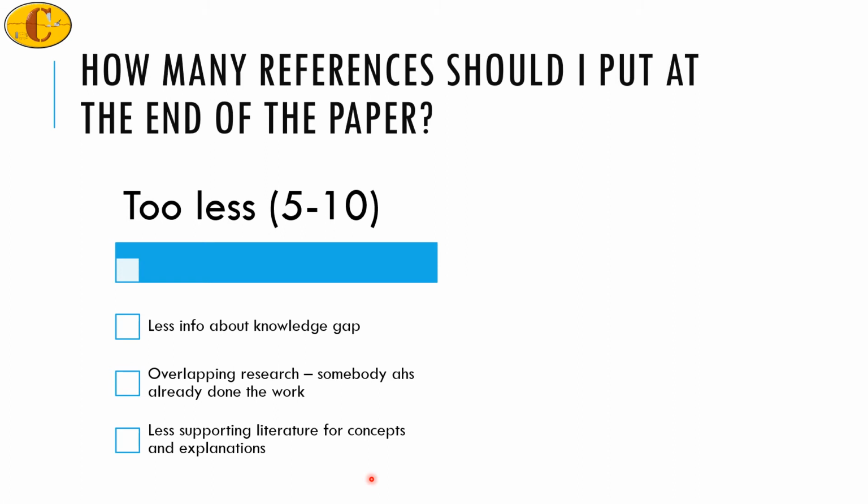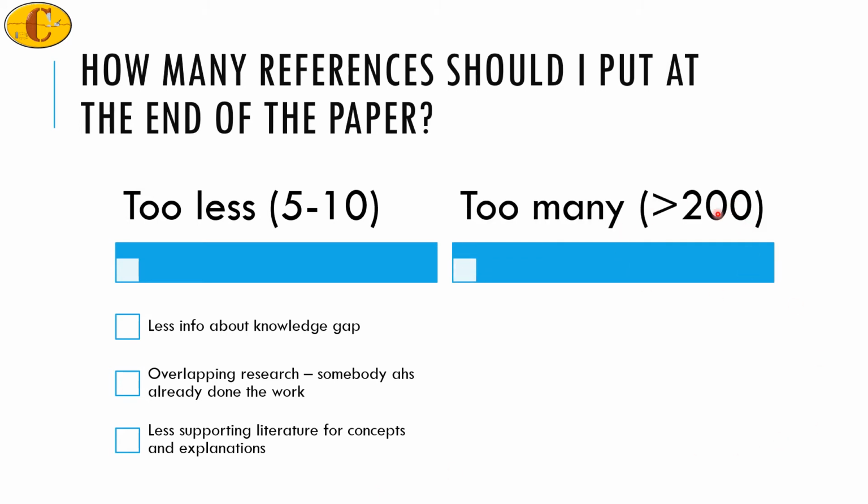Some of the people really want to show that they have done so much literature review that they end up putting more than 200 to 300 papers in the references. Now if it is a review paper, yes, the large number is applicable because review papers have to be done after a lot of literature has been reviewed on that topic. But if it is a document of only 50 pages and the last 6 pages are only references, then the question comes, have these references been put just to increase the number, just to show that these many papers have been read?